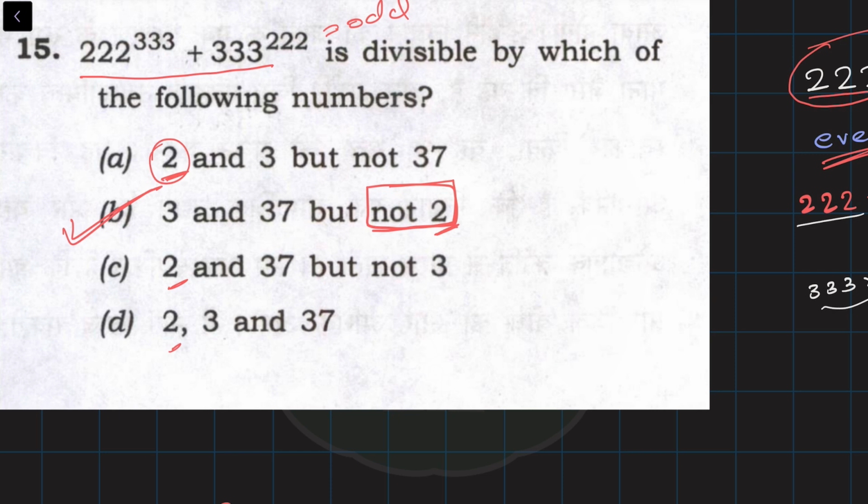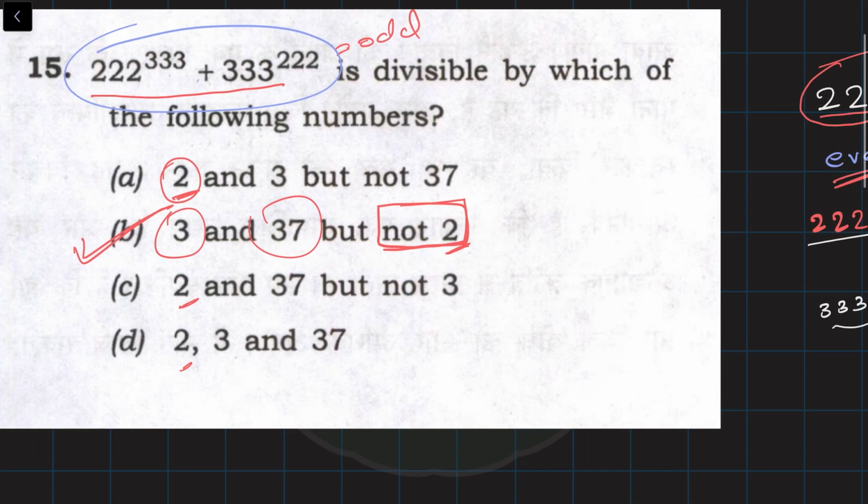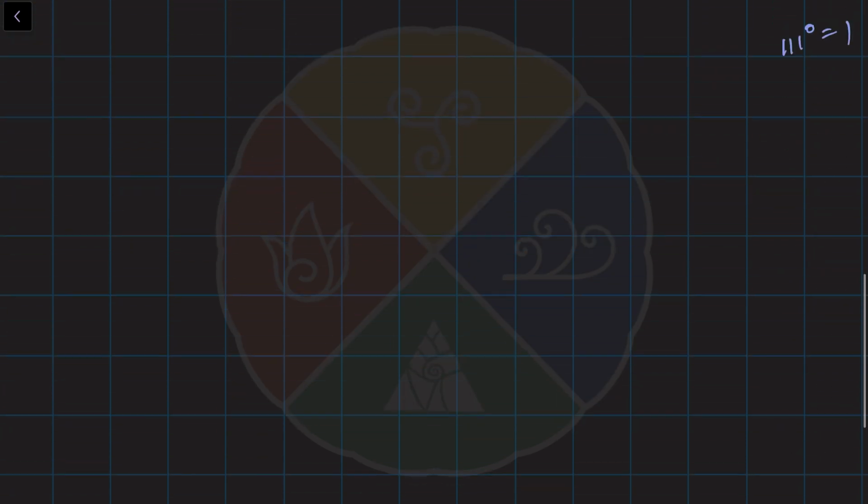Now, going a little bit overboard, see, they have given the numbers like 3 and 37. We still have to check if this number is divisible by 3 and 37. Not for the problem. The problem is done, okay? But for the learning, in the future, they might ask a different question. So, let's try the divisibility check by 3. Again, let's take the number back.